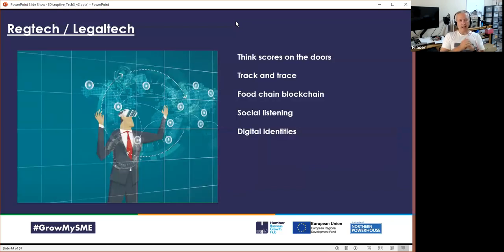Then we've got legal tech. We've got innovations happening in virtual courts, blockchain for food. Governments thinking about identities, track and trace is a great example of sort of policy tech. And again, we will see these things grow. Maybe one day we will get internet voting. It seems to be something that we're far behind the curve on here in this country. So another sector to look out for.